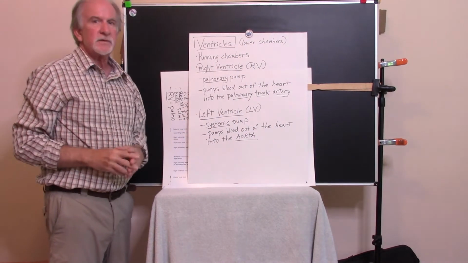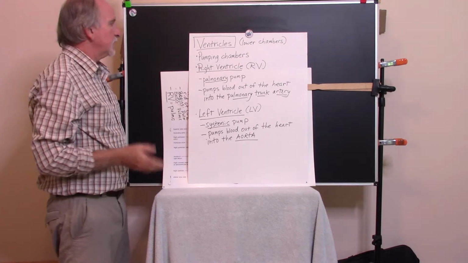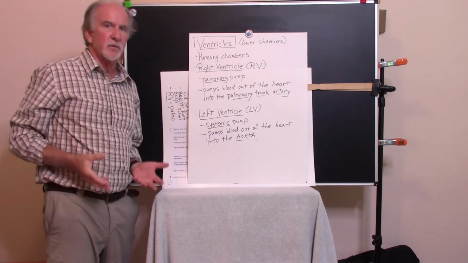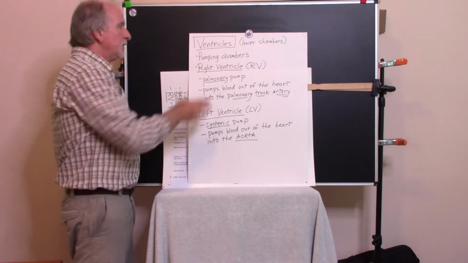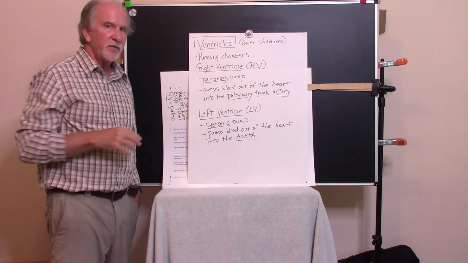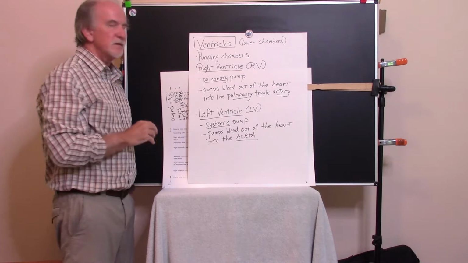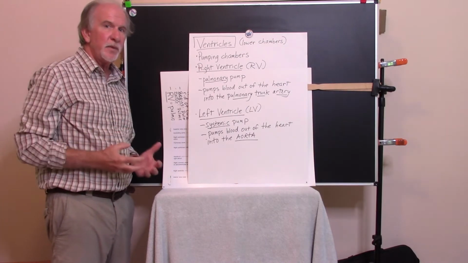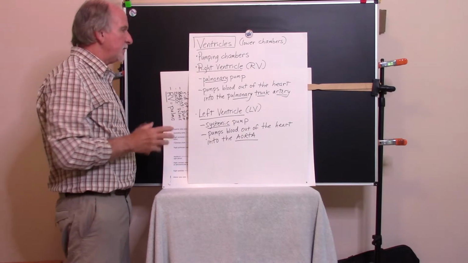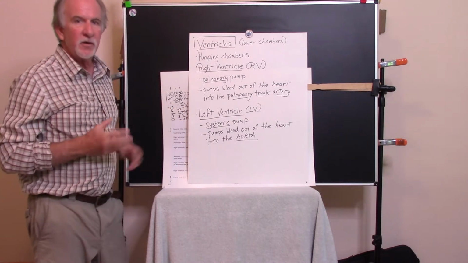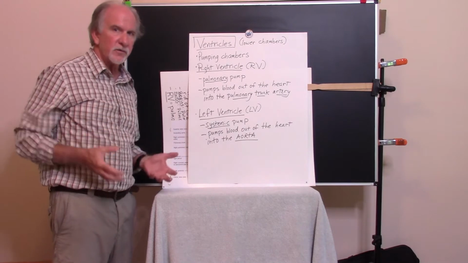The lower chambers are called ventricles, and they are the pumping chambers. And there's one on the right side and one on the left side. The right ventricle, which I'll abbreviate RV, is sometimes referred to as the pulmonary pump, because when the right ventricle contracts, it pumps blood out of the heart into an artery called the pulmonary trunk artery,